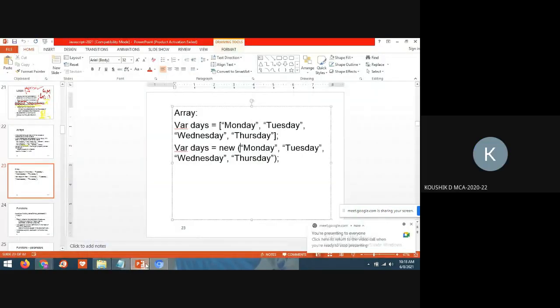No, ma'am. One is literal, another one is object, Array. Yes, yes. Let me write one more line where days is equal to new array.